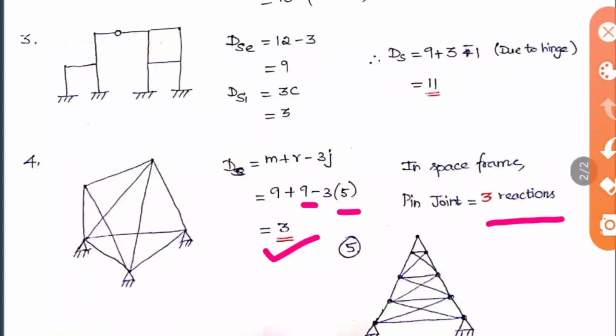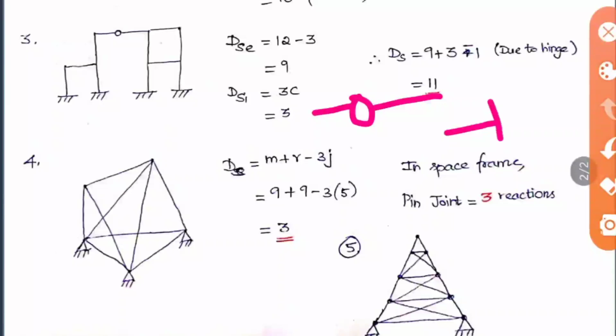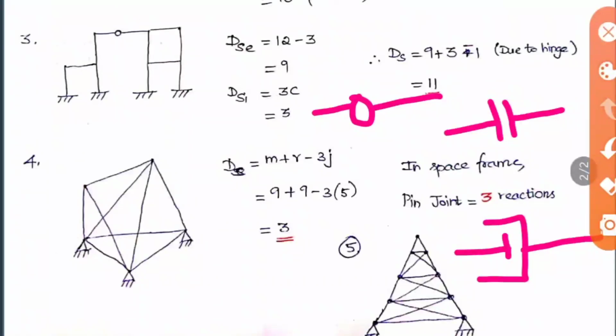So this is all about everything. I have given an example for a beam, a portal frame, a truss and a space frame. So I have covered different things. And in addition to that I would like to tell you one thing. The hinge we saw was given like this, but there are different forms of hinges that can be given. They may give it like this also, and they may give it like this also. These are different shapes of hinges they will be providing. So for everything you should use the same concept only.